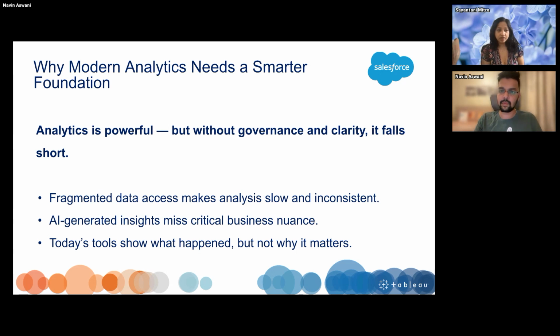More so, the data access can make analysis very slow and inconsistent at times. If you're using only AI generated insights, and there's no human involvement, you can miss the business nuances.